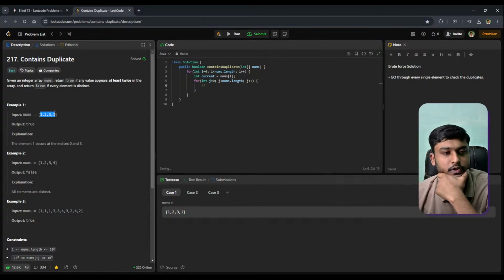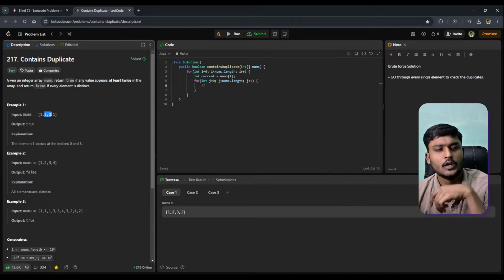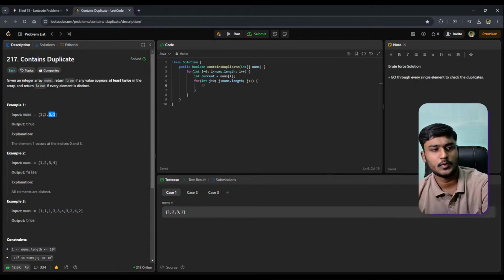We don't need to go through the array again from the start because we are already at the current element, right? So we only need to go to 2, 3, 1. When we are at 2, we only need to go through 3 and 1, because we already checked 2 and 1 in the second iteration. So let me just draw.